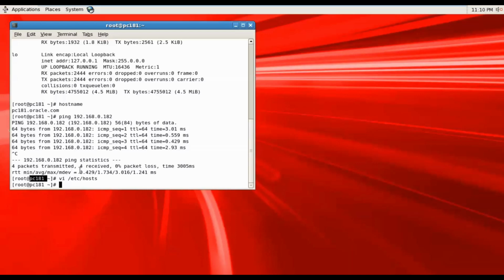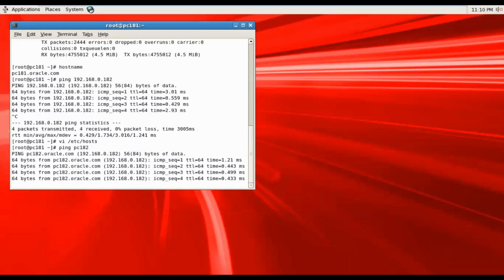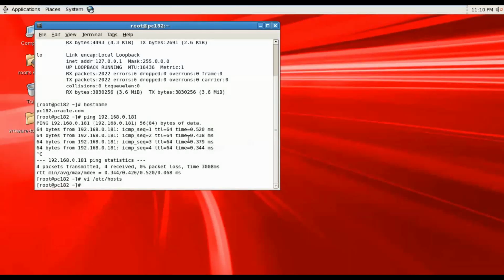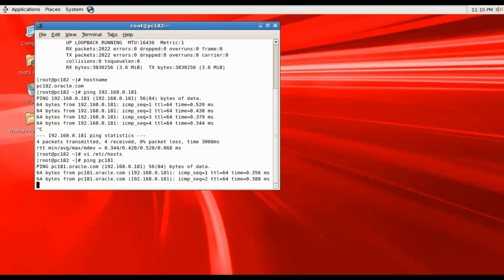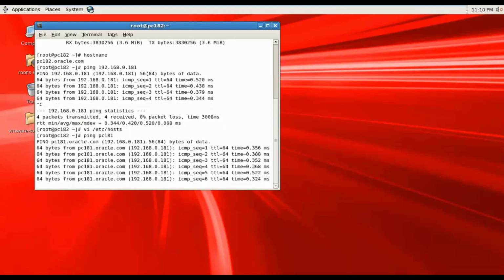From PC 181 I'm going to ping PC 182. I'm able to ping the target server. Similarly, from the target server, if I ping PC 181, I get a proper ping response. I'm able to ping my source server as well.